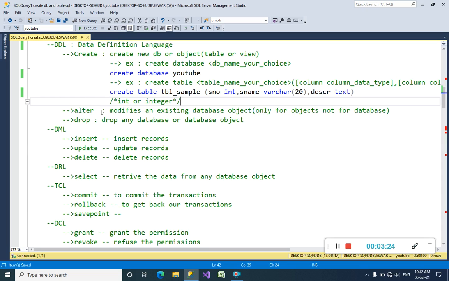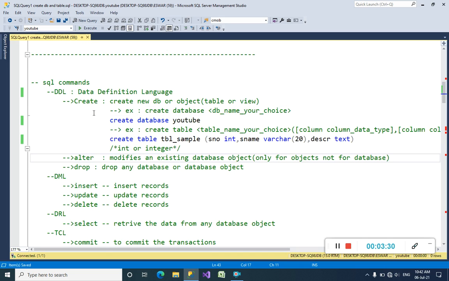Okay, alter is also a data definition language command, right? Then how will we use the alter command? I'm going to teach you the use of the alter command right now. It modifies an existing database object only, for objects, not for databases, guys.